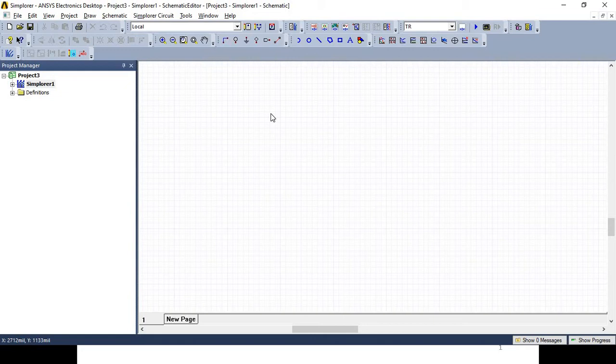Then these are some symbols to modify the geometry, like draw arc, circle, polygon, rectangle, text, etc. And on the left-hand side there is the project manager window, in which you will get the details of the existing project, and you can select a sub part of the existing project also.